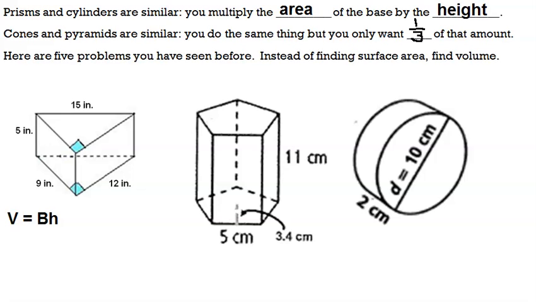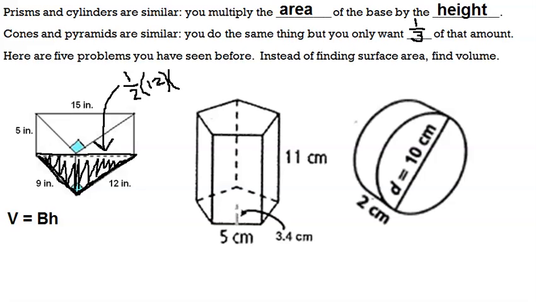So if you look at this first figure, this right here is a triangular prism, and the base is this triangle. This triangle has a 12 by 9 dimension right here. The area of this triangle right here is 1/2 base times height. So when we're talking about that big B, we're talking about the area of that triangle. So 1/2